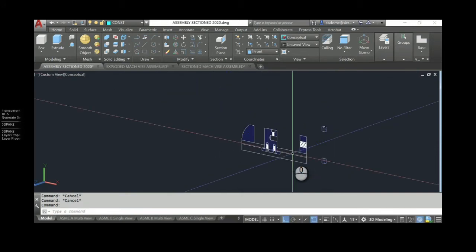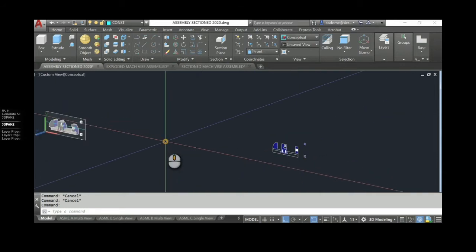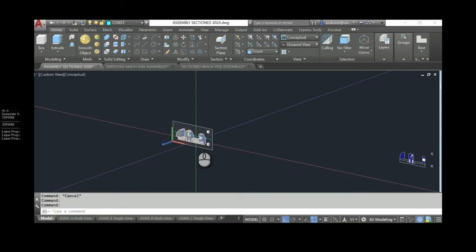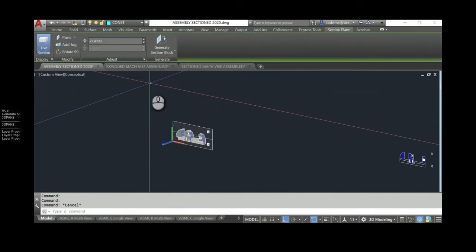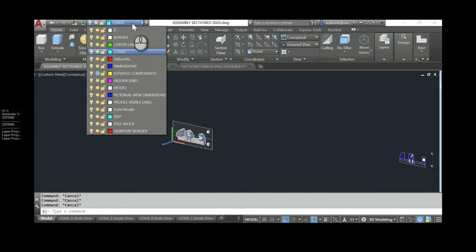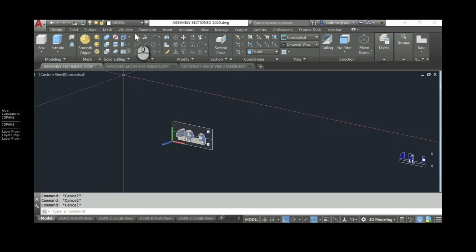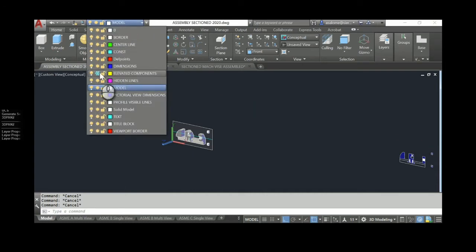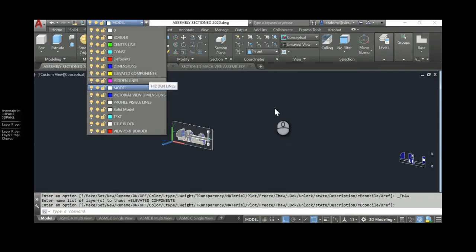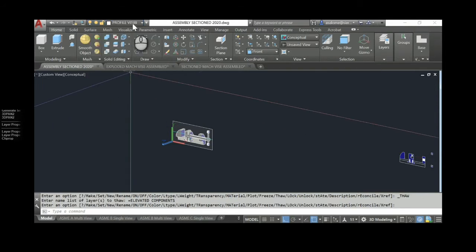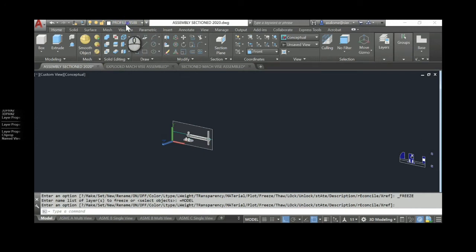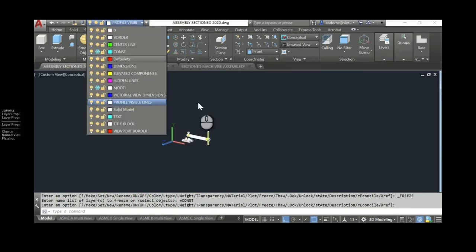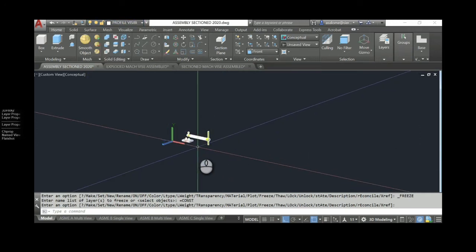So we're going to leave that there for a minute, and what we're going to do next is put the section object, it is on the construction layer, so we're going to go now back to our model layer. We're going to unfreeze the elevated components. We're going to go to Profile Visible Lines layer, freeze the model, and freeze construction.